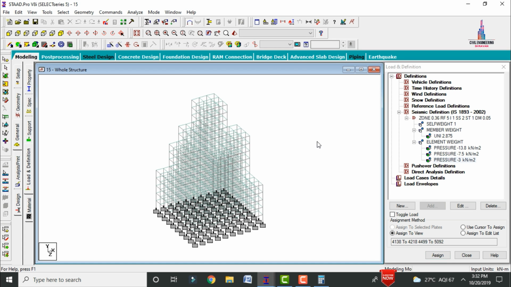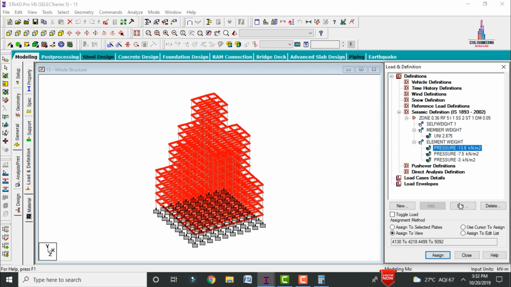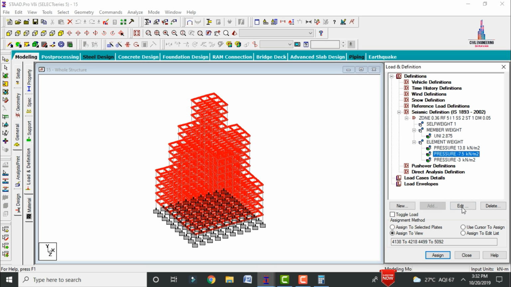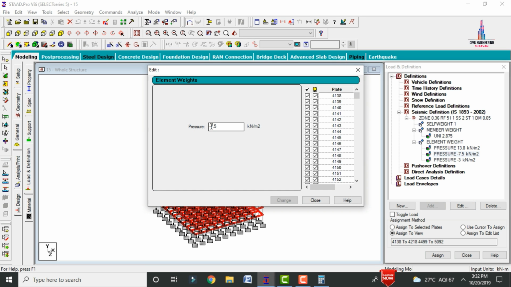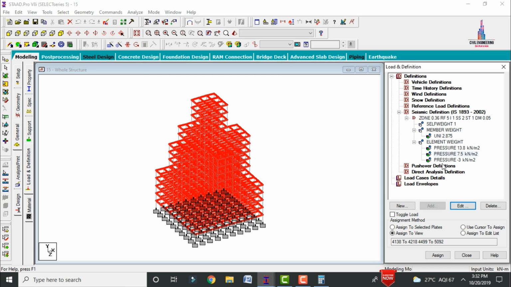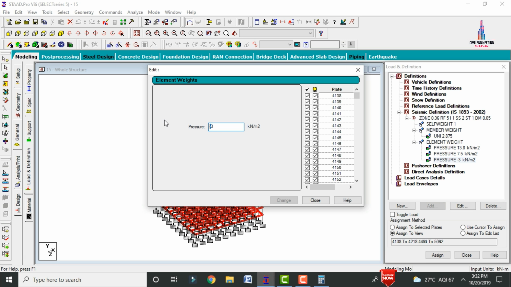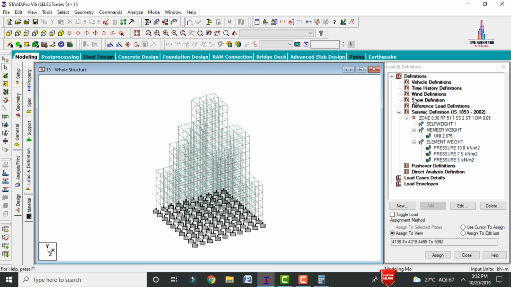You can consider the minus value or plus value, depending upon your considerations. But as per the definition, which is related to the seismic condition only, we need not consider the negative indication for the respective slab section. It will directly take the member load for the respective plate. Click on this edit option. Here I am changing the negative value to the positive value. Click on OK. Now we have to define the wind load.